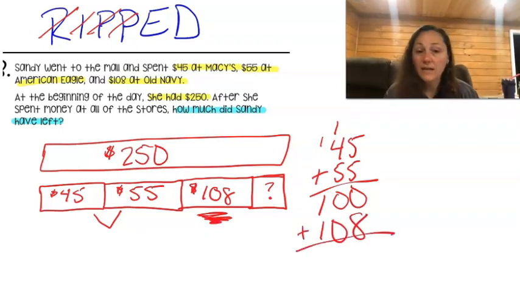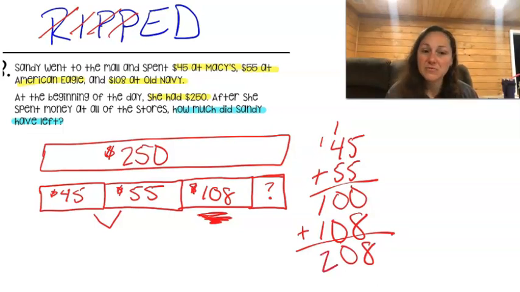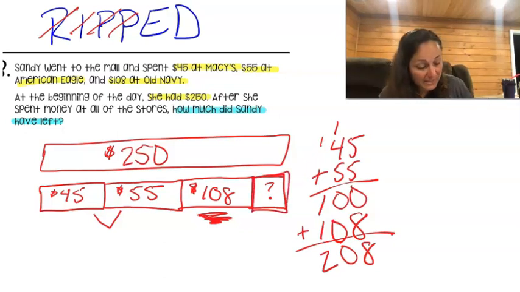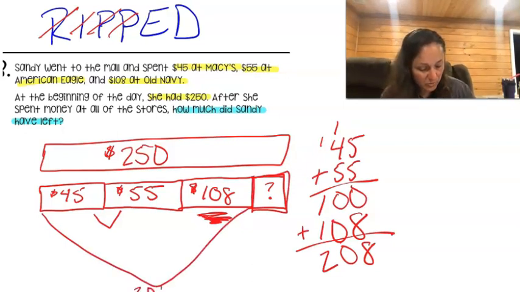Okay, makes sense. Add these up. So I have 0 plus 8 is 8, 0 plus 0 is 0, and 2, I told you, 1 plus 1 is 2. Sounds perfect. So I have 208. Whew, glad I'm done. No, now I need to find out what is left, because this 208 tells me what this piece is. So this piece right here is 208,